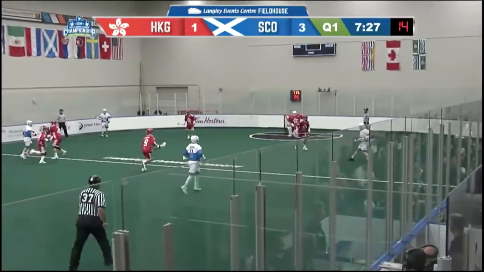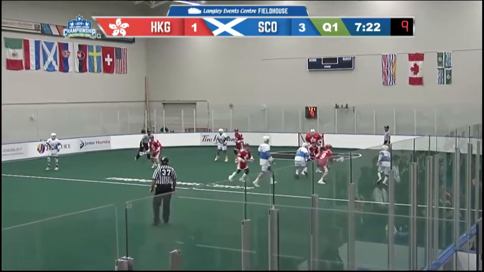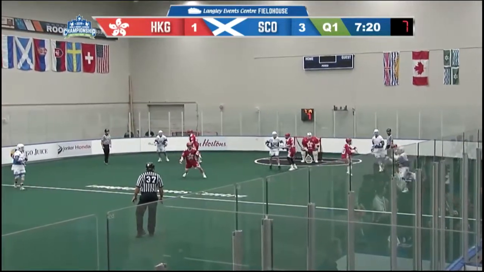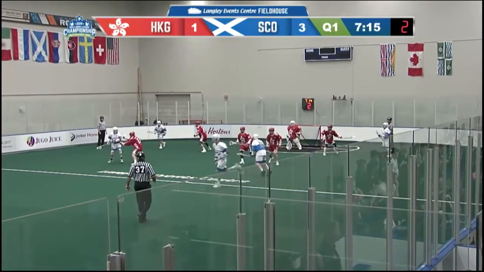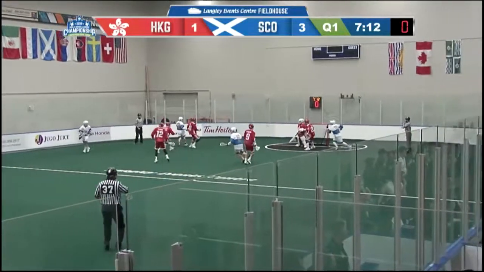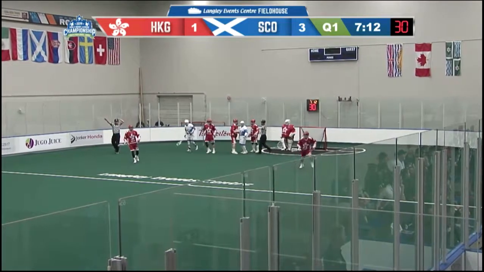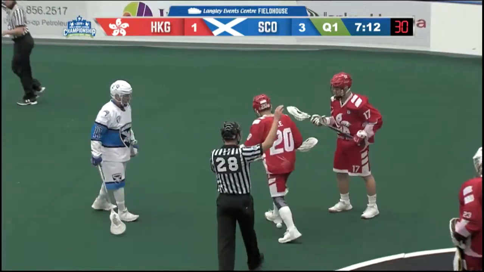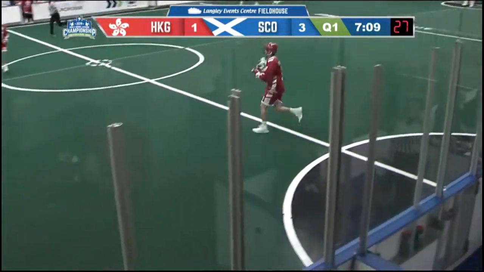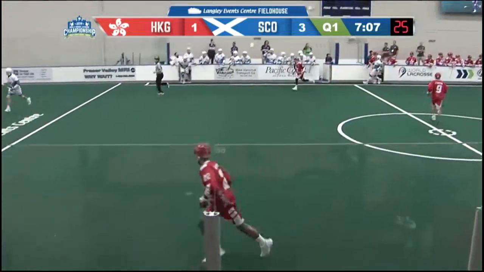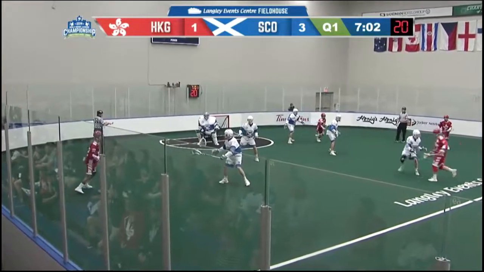In front of the Hong Kong bench, pass sent across the floor into the right corner here for Beck. Beck for Jackson. Right side, Jackson sending it across, high left side, finding his man, trying to cut in front though, but unable to get much away. Now a shot as the 30 expires there by Ian Vickers, kept out. Vickers opened the scoring not quite a minute in from Moffat. Scotland still leading 3-1 as Hong Kong down the floor.